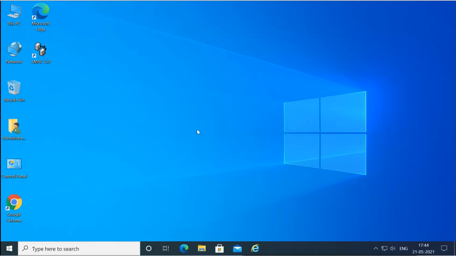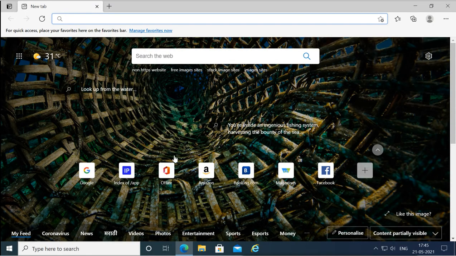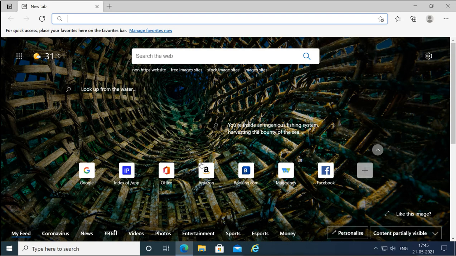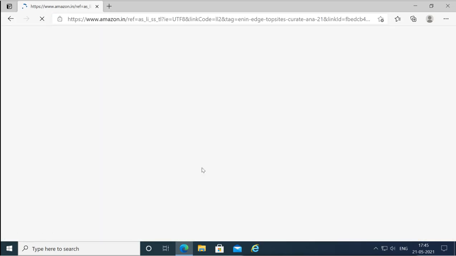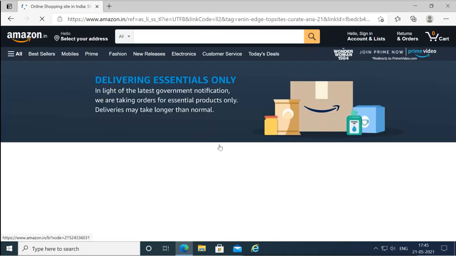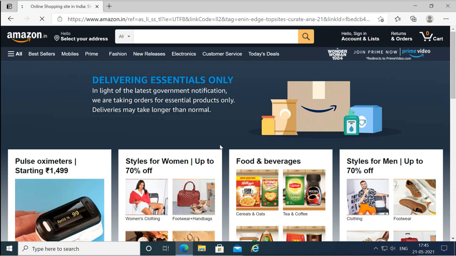Let's check whether the internet is working here or not. I'll go to the browser and try some site, whether Amazon is working or not. Okay, the internet is working. I'm connecting to the sites. That means my Windows 10 machine is directly going through the router. Now I will poison the cache.